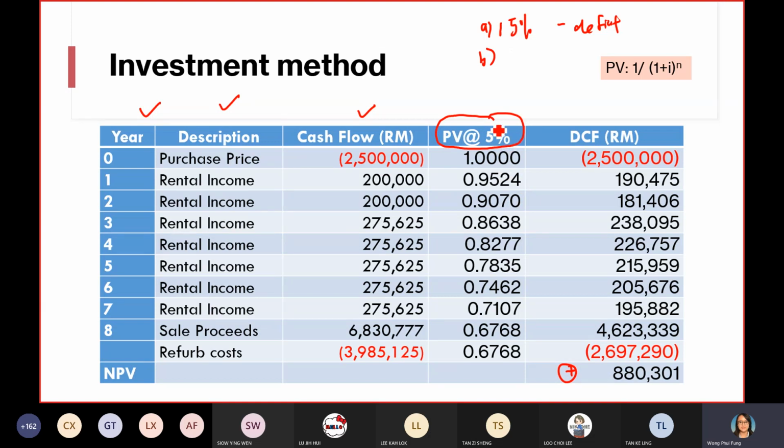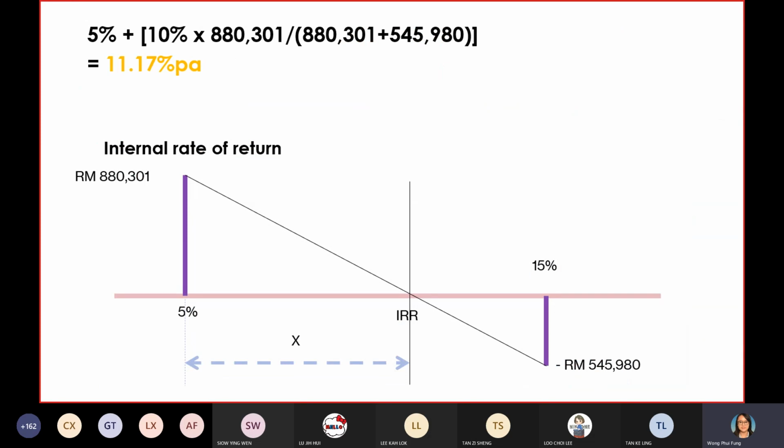So here I changed to 5%, and your DCF definitely will change. When I use 5%, I get a surplus at the end, 880,381. Okay, the next task is you have to produce this chart. You draw horizontally first. At 15%, you have a deficit, correct or not? Just now, originally you used 15%, you had a deficit,